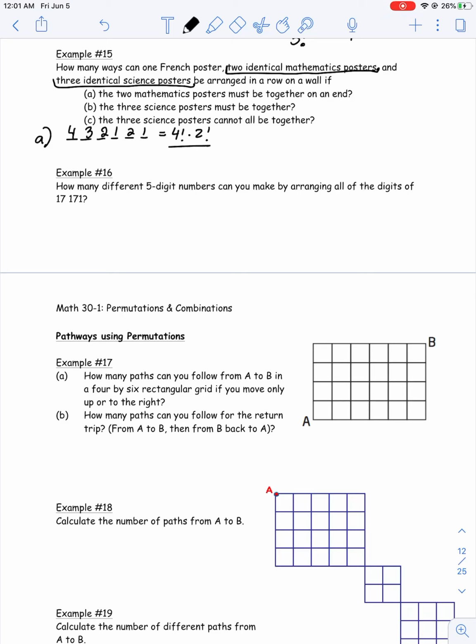We're going to have to divide by the repetition. Now there's 2 types of repetition. They have to be kept separately. There's 2 mathematics posters that are the same, and then there's 3 science posters that are the same. We actually have to write them one at a time as factorials, because if we wrote them as 5 factorial, that would just mean that there's 5 identical posters, but there's not. There's 2 different types of identical posters. So when we put this in our calculator,